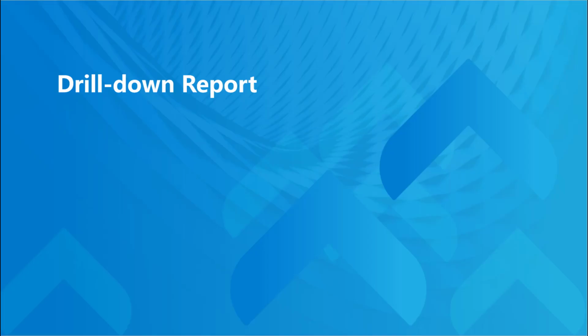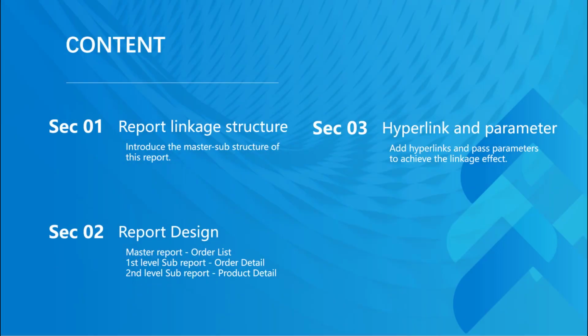In this lesson, we will talk about drill down report. Drill down report includes 3 sections, including Section 1, Report Linkage Structure, which introduces the master substructure of this report. Section 2, Report Design. We will design 3 reports, including Master Report Order List, First Level Sub-Report Order Detail, and